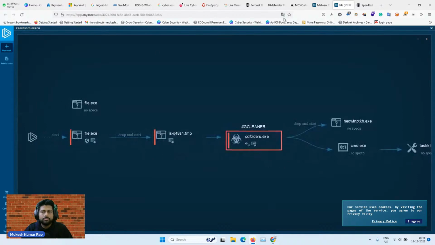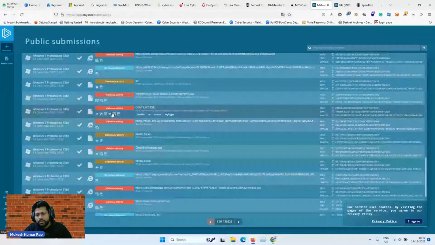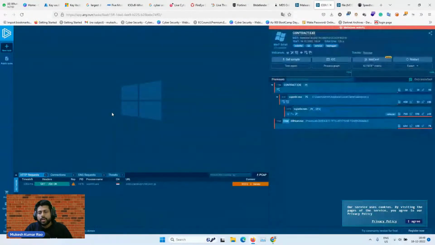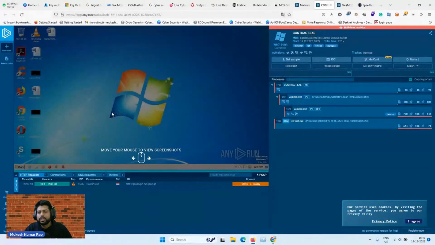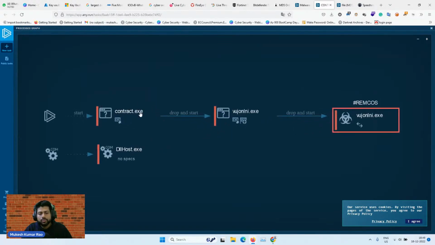It runs in the background. You will get multiple samples of malware here, so you can do a little in-depth analysis, which we use to understand the life cycle of malware. Malware, you can take any virus or worm. These are the different categories we have in the malware family. So there you get this kind of real analysis of how it started. We started this exe file, but in the background it also enables DLL host, and then it converts into this specific file and activates the malware. So you can see this process going on in the background.